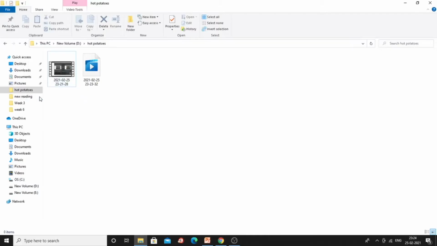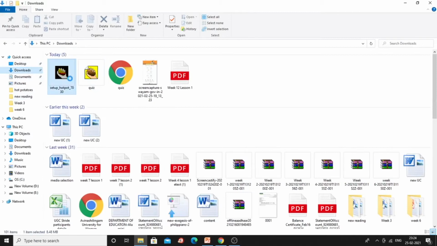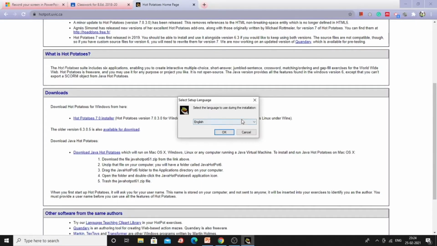Once you download, see, just now I downloaded the app. It is downloaded, so it's setup Hot Potatoes 7.0. Just after you download, just open. Now it appears like this. Just select yes, and language is here.